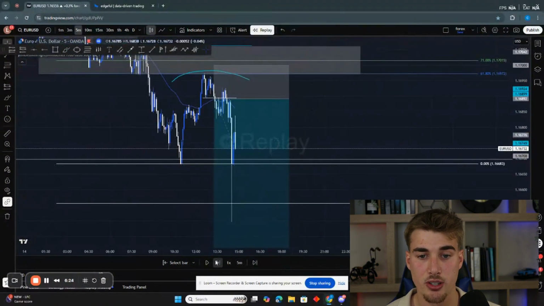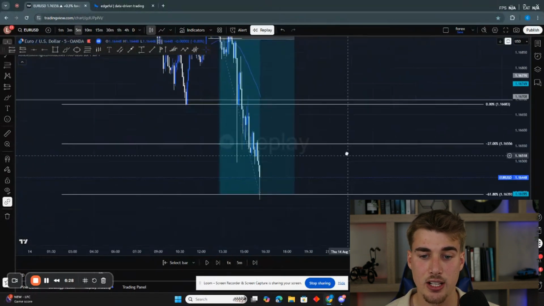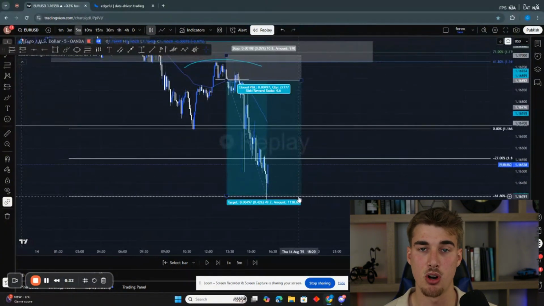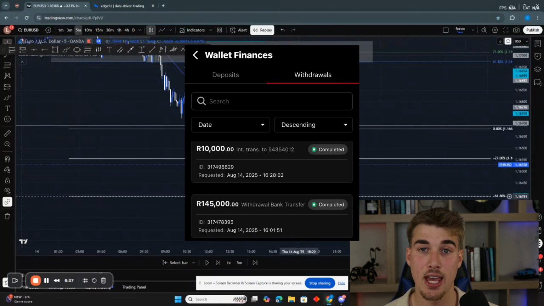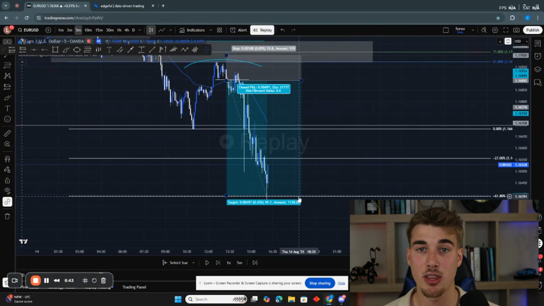And let's see how price continues to rotate lower. We get a beautiful engulfing to the downside, and then that continuous extension back to that 61% mark. This trade, as you can see, made me about 145K, and here is the proof of withdrawal right next to me. I'm doing this every single day with my traders live, explaining my thought process,